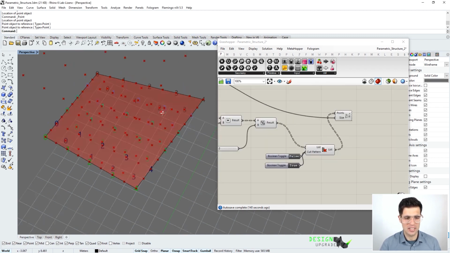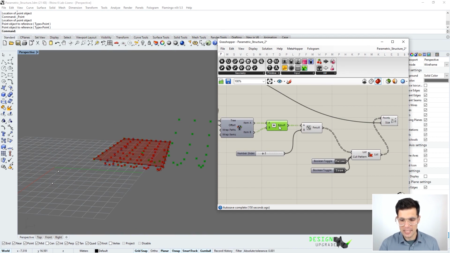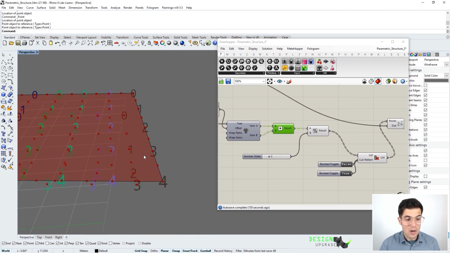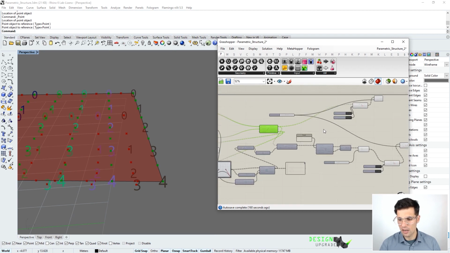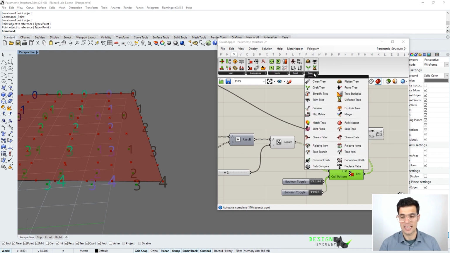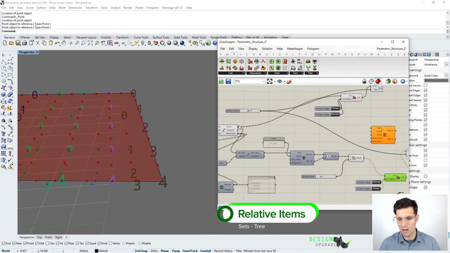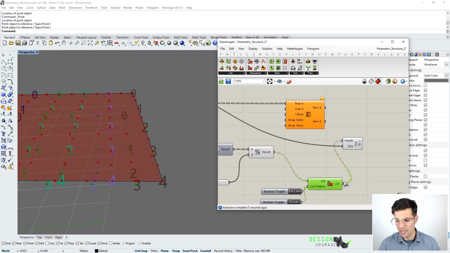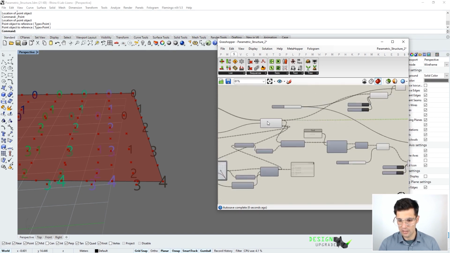And now we just have to start connecting the nodes or the points to create our diagonals. So, as we saw before, to connect items from different branches, we have to get our relative item component. And by the way, let me hide this guy. But in this case, we are not going to just connect different branches, but branches of different trees. Because we have this tree in the upper chords, let's say, and the tree of points in the lower chord, which is this guy here. So this works exactly the same, but we have to get the relative items component instead of the relative item component. So we get this guy here, and first, of course, we have to provide this component with the tree A and then the tree B of the lower chord, and now we just have to check that they are simplified. So let's simplify this guy here,